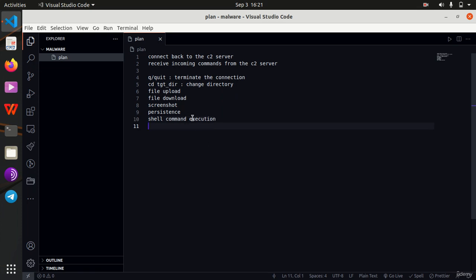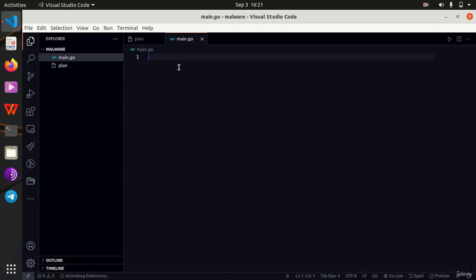Okay, now that that's out of the way, I'm going to create the file that will contain our code, and I'm going to call it main.go. Note that the .go extension is because we are working in the Go programming language. Now for a start, I'm going to create a simple Hello World program that will help those of you that are new to the language to understand the basic structure of a Go program.